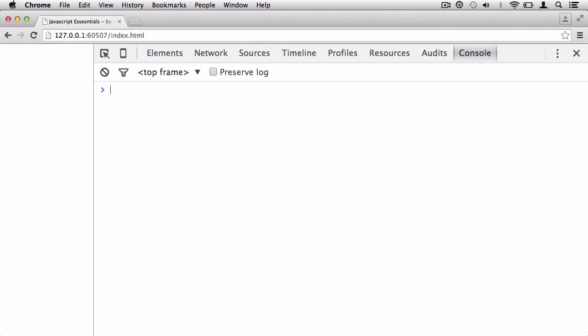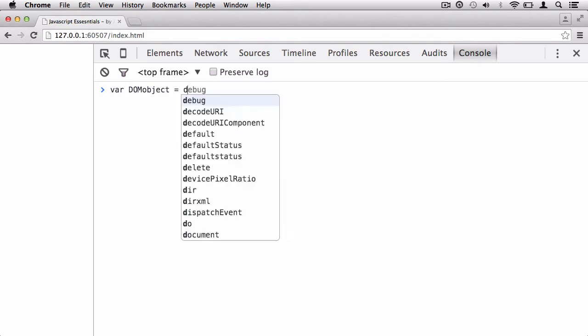How do we do this? Well, as I said, with an object, you need to be able to reference it at a later date. Otherwise, you're creating an anonymous object. So we need to create a variable to store this object. We need a box, a container, if you will, with a label on it to store an object so we can come back to it at a later date. So I'm going to create a variable. I'm going to say DOM object, and it's equal to